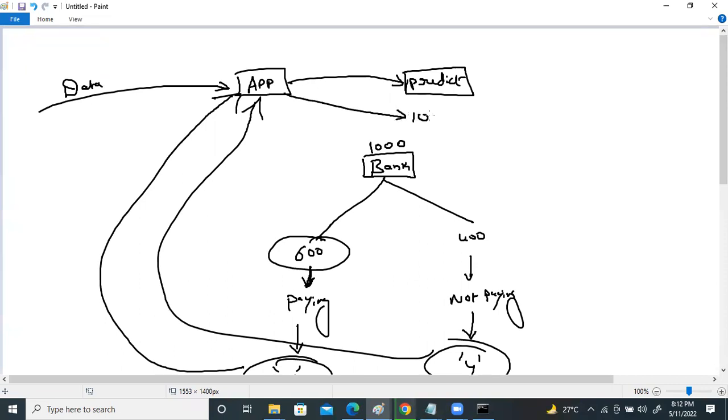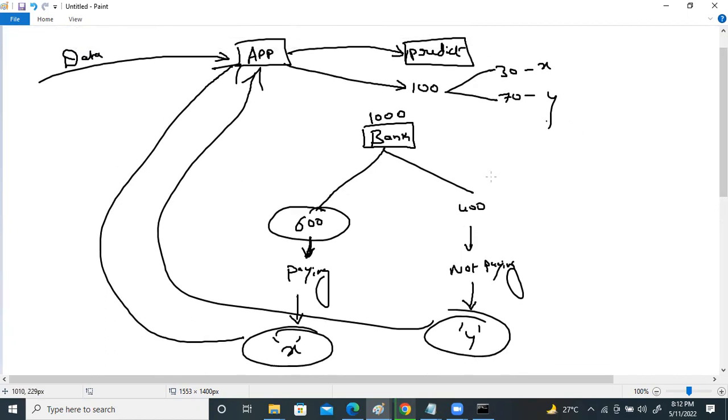based on which, tomorrow, if 100 new customers approach, and out of these 100, 30 have X features and 70 have Y features, to whom to approve, to whom to reject? The previous history is saying that people with X features can pay the loan, so approve the loans for these, and reject the loans for the others, because the history is saying people with Y features cannot pay the loans. So who is doing this? The application. How is the application performing? It got trained. Who is training this? By providing data patterns, the person who trains this application, we call a data scientist.